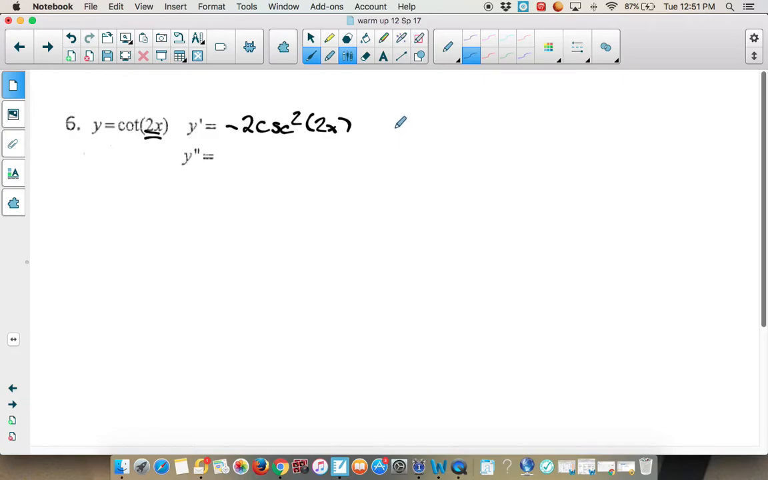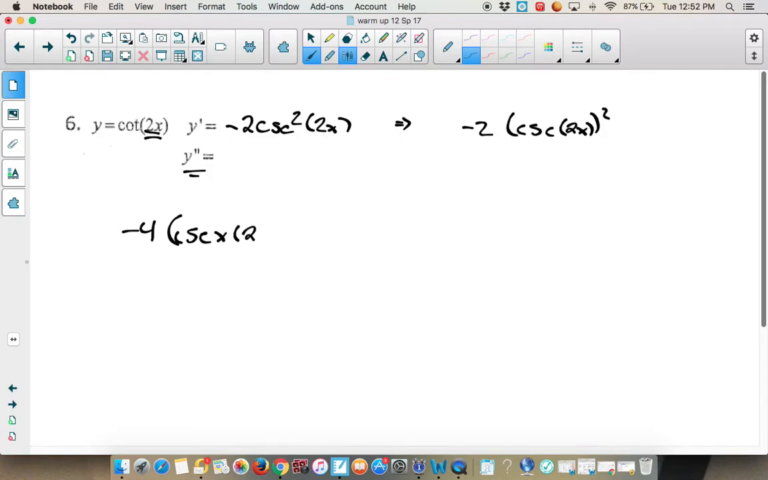Okay, that can be rewritten as negative 2 parentheses cosecant of 2x squared, which is the way you really need to rewrite it if you want to take the second derivative of that. So I'm going to take the second derivative, I'm going to do the power rule, so that's going to be negative 4. My inside is going to stay pure, cosecant